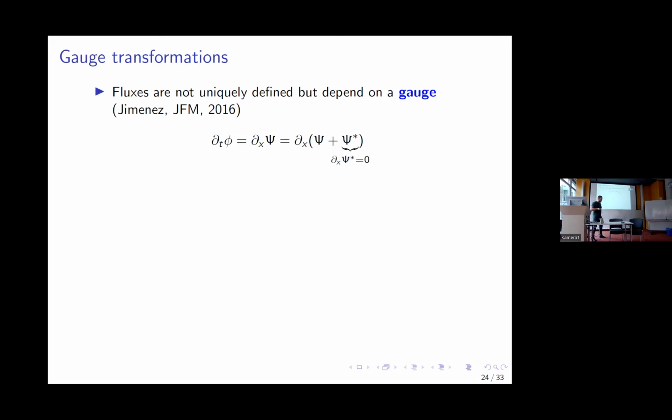Navier-Stokes equations are a conservation equation. They basically tell you that the change of momentum in time is related to the divergence of some fluxes. And the problem with the fluxes is that they are not uniquely defined. Physically, we can only actually measure the change of momentum, but we cannot measure the fluxes uniquely, because